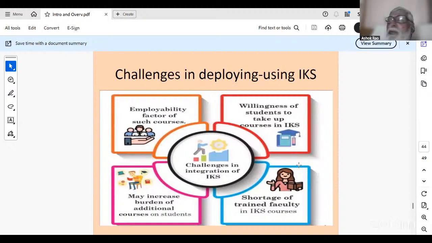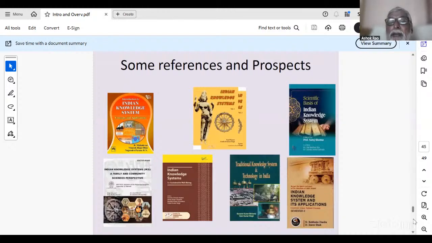There are issues of IKS. Employability: if you learn IKS, are people willing to take up IKS courses? Acute shortage of trained faculty in IKS, and additional burden on the already burdensome curriculum that we have. These are some of the references and books written in the last 5 years, as soon as IKS was made part of every curriculum